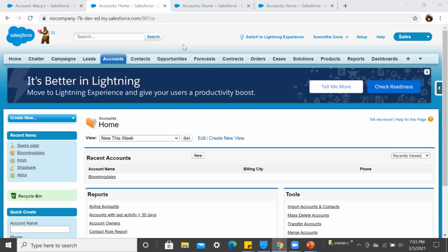Okay, cool. One more important point: as per the UI it is a lookup, but in the background it is like a master-detail. But if you want to create roll-up summaries between account and contact, it is not possible. If you want to create roll-up summaries between account and opportunities, we can create them. This is a very, very important question, madam. If anyone is not understanding, let me know. Can we create roll-up summaries between account and contact? No. Can we create roll-up summaries between account and opportunity? Yes.